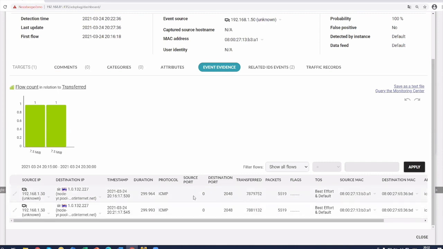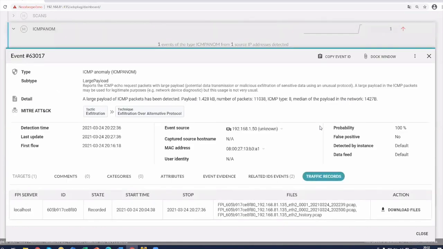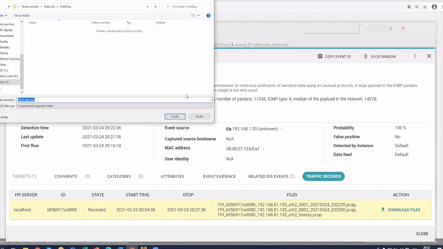And you can see it's not really a massive amount of data. It's not a lot of packets. It's not a lot of flows. So this is not a volumetric anomaly. And we have a full packet capture available. So in this case, I'm going to download that full packet trace,